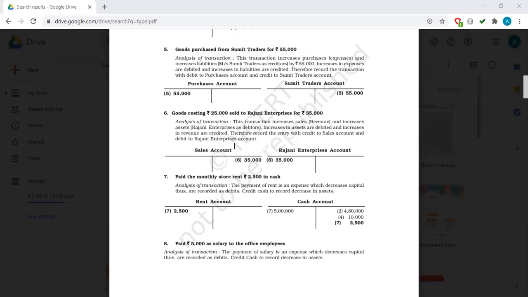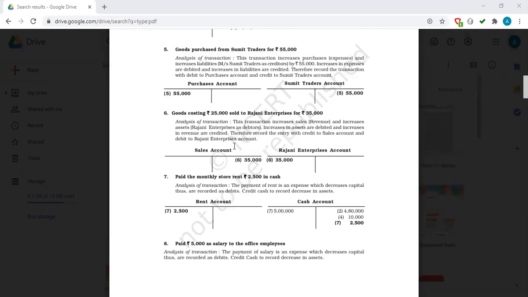Paid यानी मैंने पैसा दे दिया. Suppose your parents or teacher ask you, have you paid the school fees? तो क्या बोलोगे आप? टीचर, आई हैव पेड. पेड यानी आपके पास से पैसा गया. आई विल पे यानी आप बाद में पे करोगे. आया समझ में? राइट? So it means store rent.